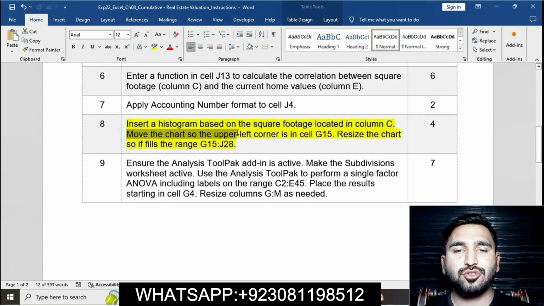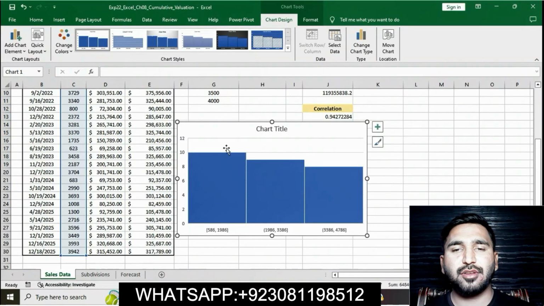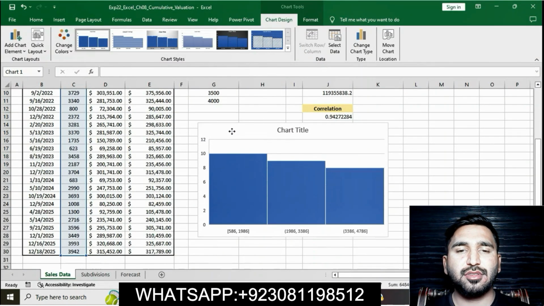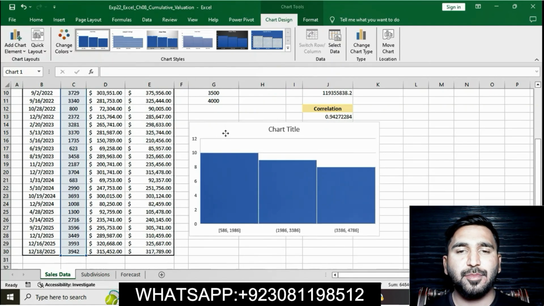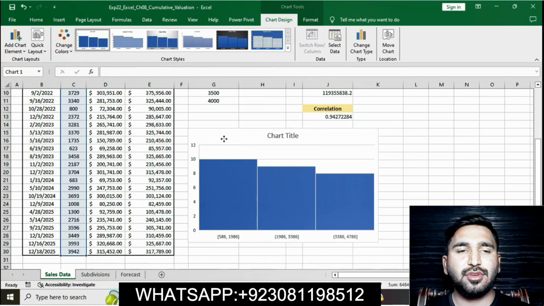Move the chart so the upper left corner is in cell G15. Cut the chart and we will paste it in cell G15, moving the chart to cell G15, upper left corner in cell G15. Okay, the upper left corner in cell G15 is here. You can see G15,